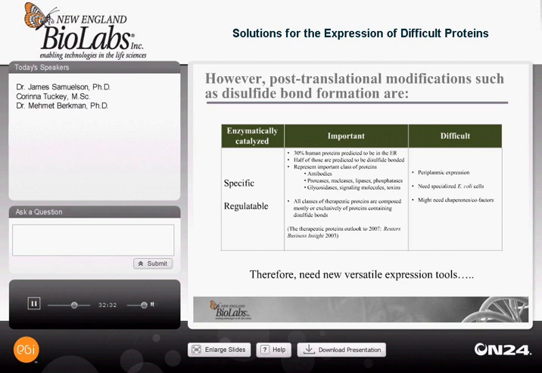However, making disulfide bonded proteins in E. coli is not easy. One needs to either secrete it to the periplasm where the oxidation occurs, or you need to use specialized E. coli cells such as the SHuffle cell I'm going to talk to you about today. Even so, these are not guaranteed to solve the problem, and one might need to further engineer the protein, the strain, or express chaperones to get correctly folded proteins. So it is therefore quite essential that we have new and versatile expression tools to address any protein folding issue.